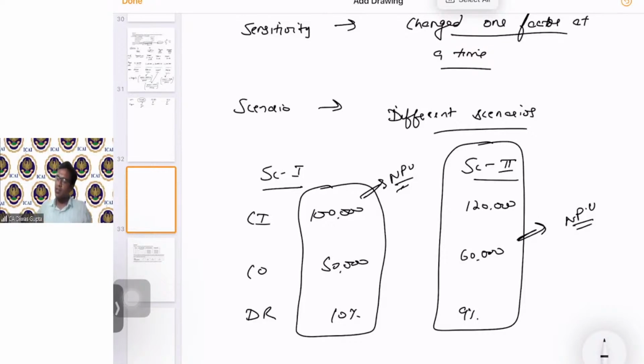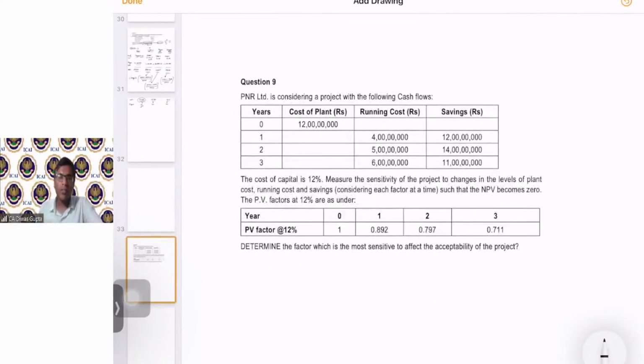Let's come to the very last question, which is again a very, very important question. So we will spend some time here. Yes, Darshan, you're right. Bhumika is saying crystal clear. Thank you. Darshan, thank you. Rajiv Kumar, clear.